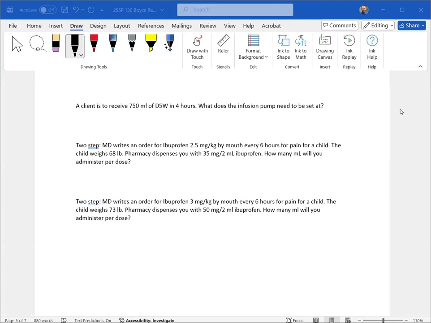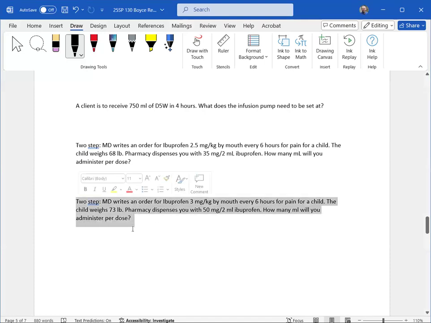Yeah, if that's what you mean, okay, yeah. So that's more of a pediatric dosage thing that you'll get into next semester when you take peds. And you'll have a whole separate dosage calc for pediatrics that is not this. So good question. All right, so I'm going to go ahead and work through this here because it's a two-step problem,